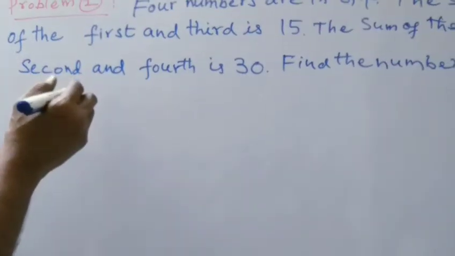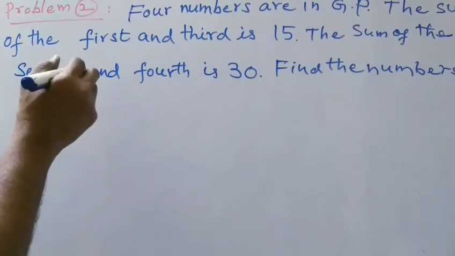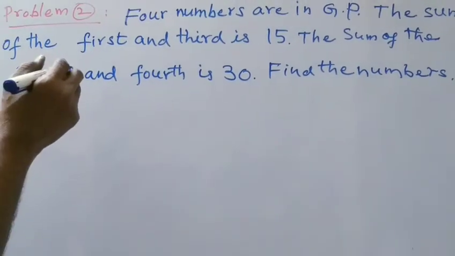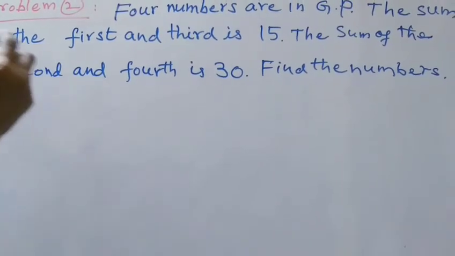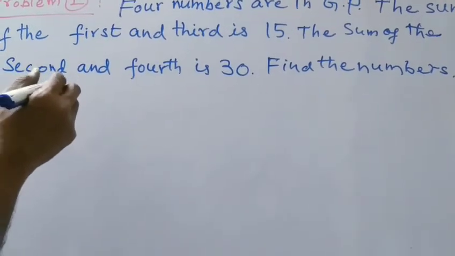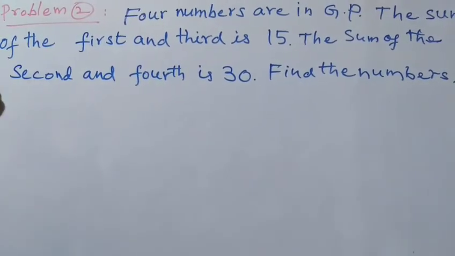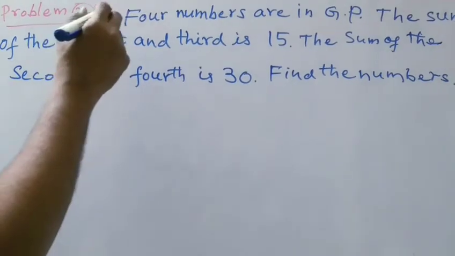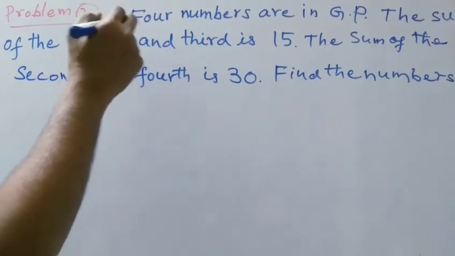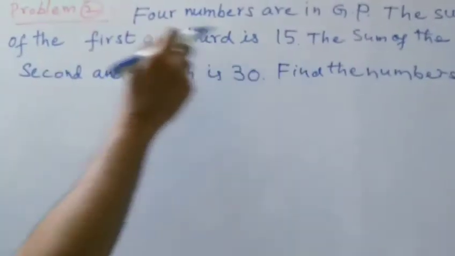So this problem is related to 4 numbers. But further problems, 5 numbers in geometric progression and 6 numbers in geometric progression will also come further. So the procedure of doing the sum is similar to this sum. You can follow it like that for 5 numbers and 6 numbers also. So now we are going to do this sum for 4 numbers in geometric progression. What are those numbers we have to find now?